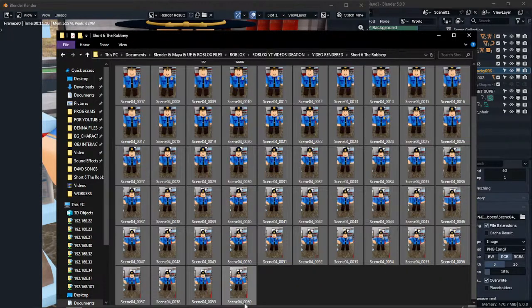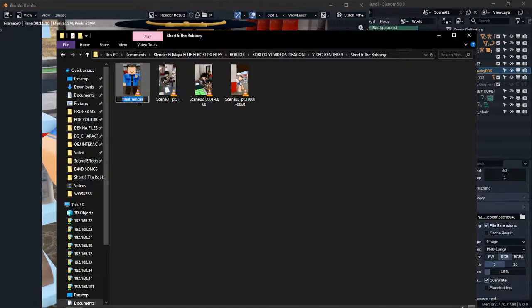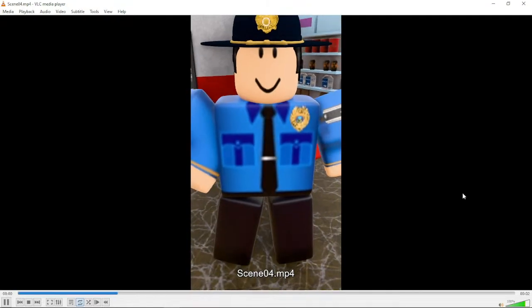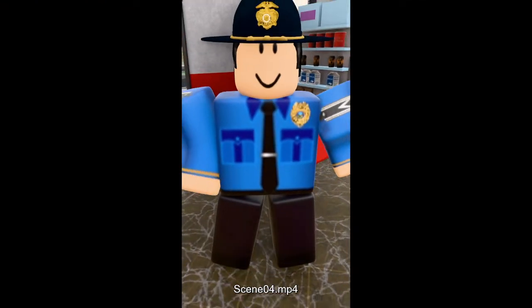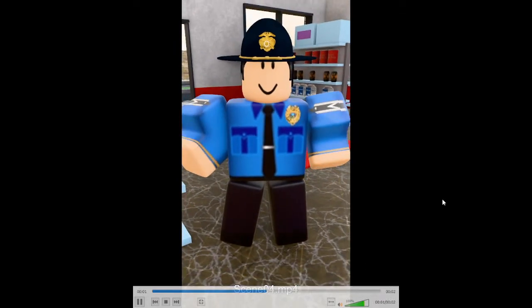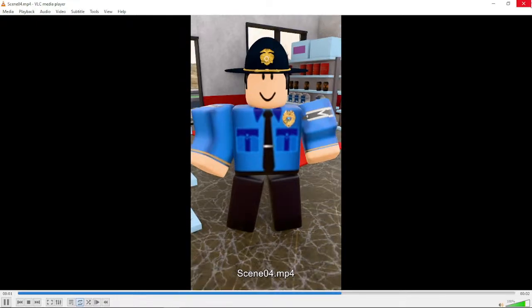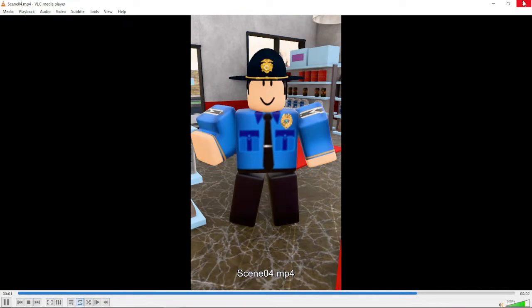Now I can delete all of these images which I don't need anymore, and I can say scene 04. Press it. So this is what it's gonna look like. Yeah, it's pretty dumb, but it gets the job done. So yeah,